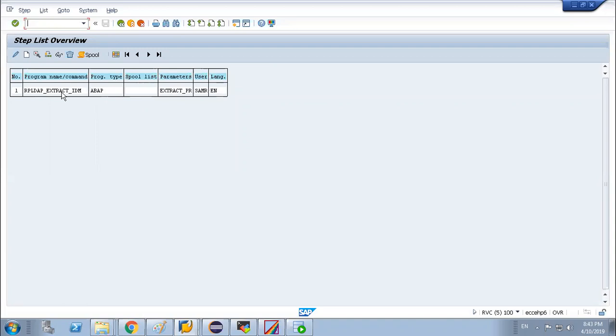That means I am putting a filter on the job: what data will come up. That variant content is your query area, along with the query area variant, so that we can select which personnel number or which personnel area we want.